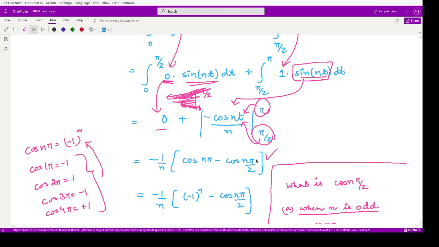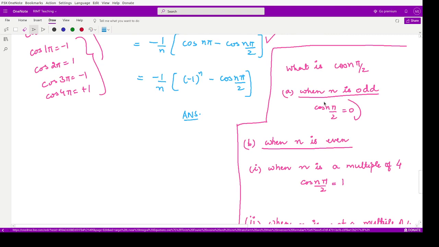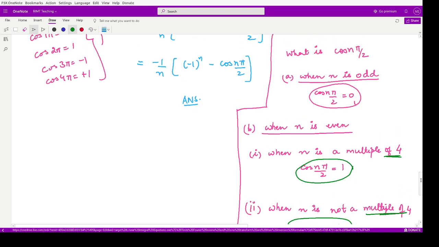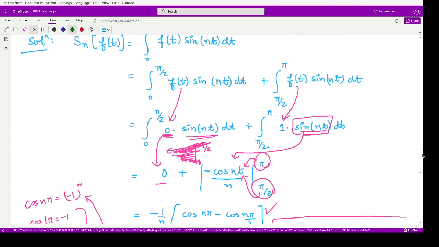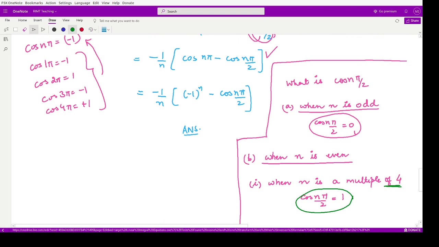And what is the value of cos n pi by 2? Here we have different cases. When n is odd, its value is 0. When n is even and a multiple of 4, its value is equal to 1, and whenever n is even but not a multiple of 4, its value is equal to minus 1. So this is the representation of the function that we obtained after applying the finite Fourier sine transformation on the given function. I think it is clear to you all. So if you have any